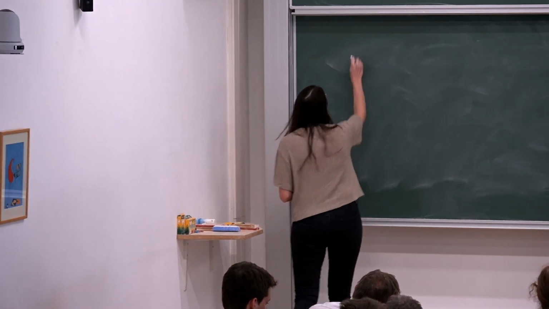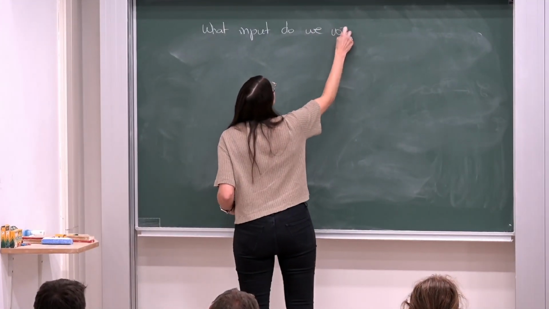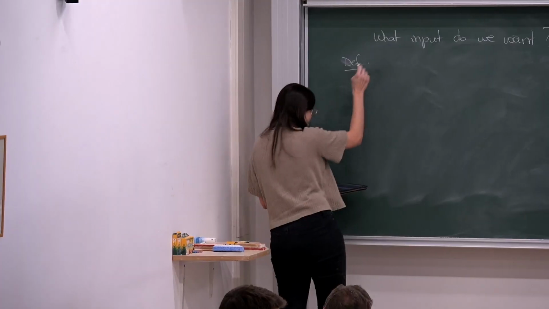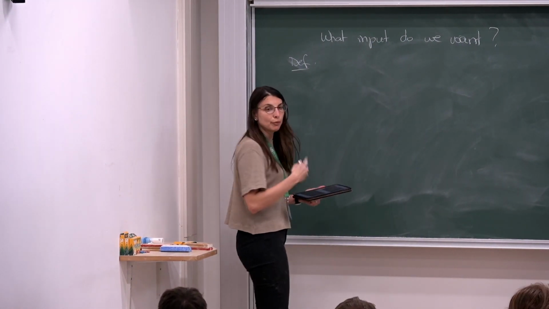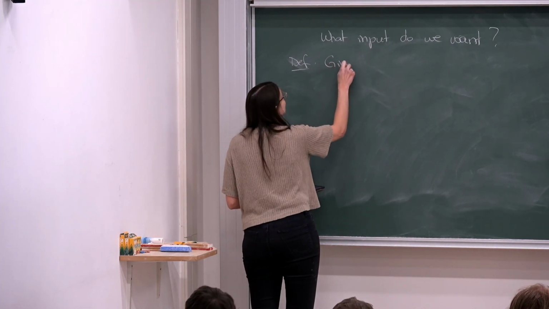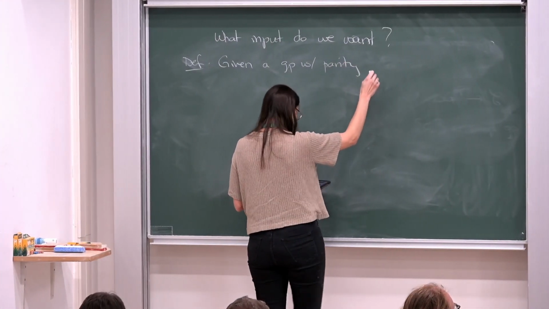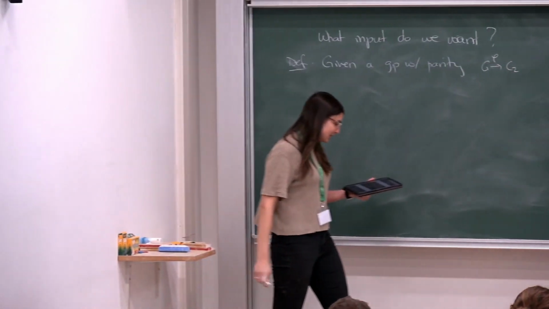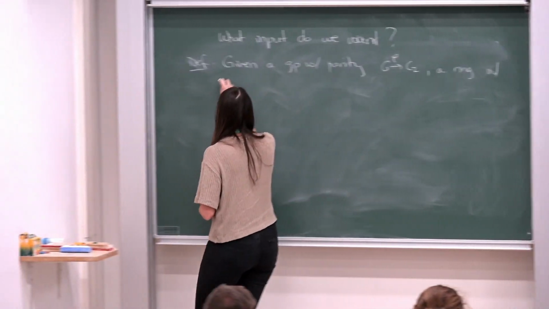Okay, so what input do we want? So now let me finally define this. We want to define now what a ring with twisted G action actually means. So given a group with parity, so G to C2, I think we call this phi. So a ring with twisted G action